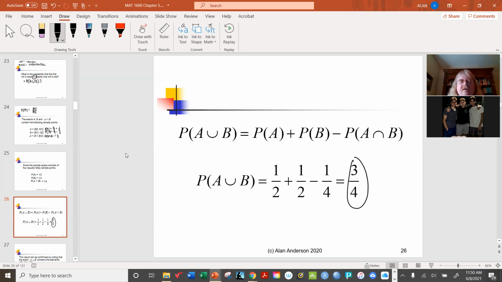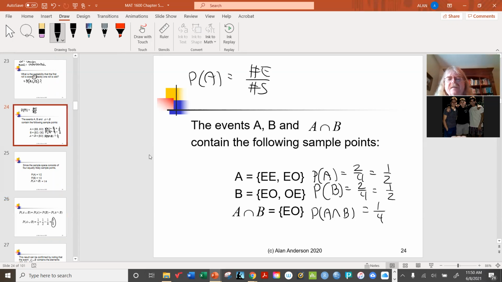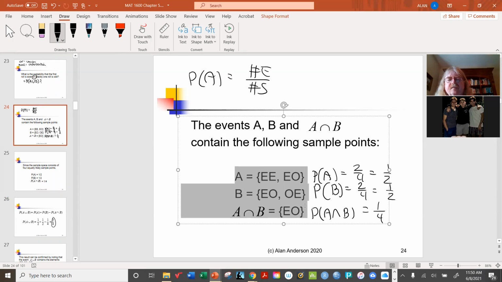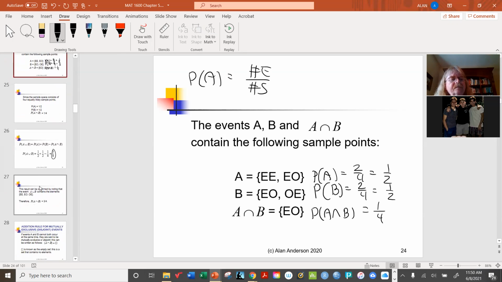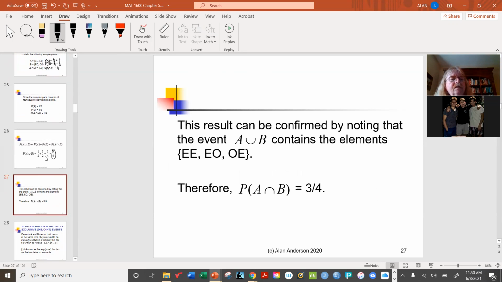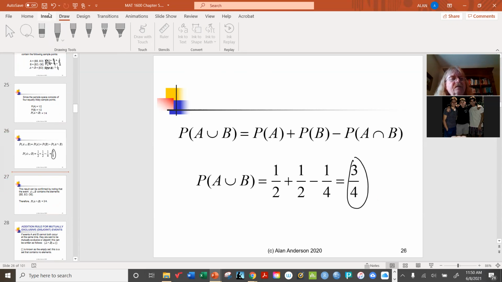Now, here's something else we could have done, though. There's almost always more than one way of accomplishing anything in math and statistics. All right, so what other approach could we have taken? Well, again, based on the idea that all the elements in the sample space are equally likely, what we could have done is write down again these definitions. And what we could have done, instead of writing out the intersection,